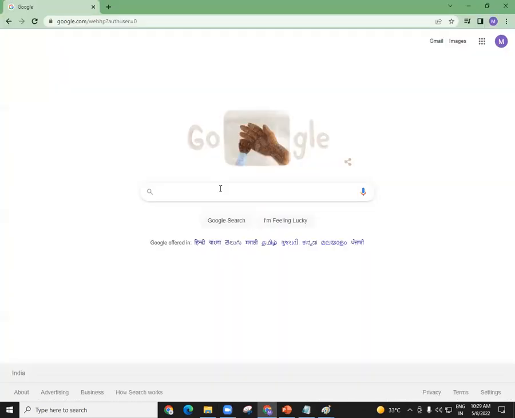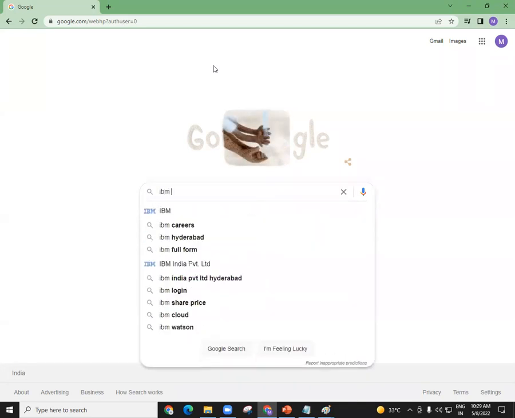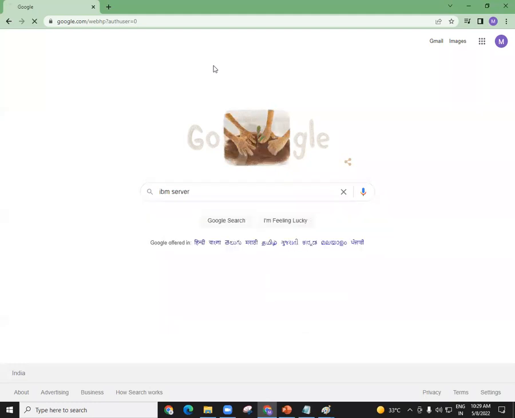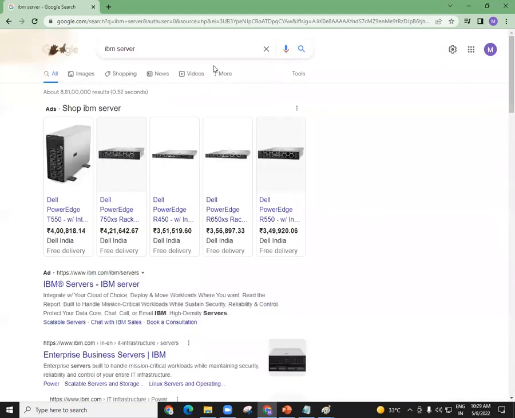Okay, let me just take you through some server hardware. The manufacturing companies that manufacture laptops, HP is there, IBM is there, Dell is there, Toshiba, Lenovo, Acer. These are major companies that manufacture your laptops and desktop machines, right? These are the same companies that manufacture your servers. So if I say IBM server, now you can see clearly it is showing many servers. There are different types of servers. There is something called rack server. There are different servers available. We'll see this in more detail.